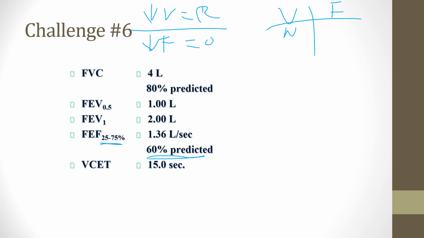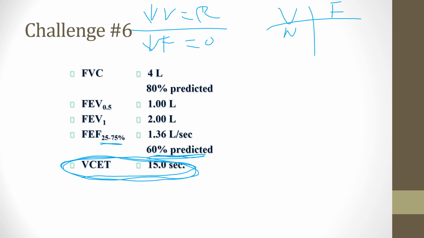And it took this person 15 seconds to exhale. Hopefully you remember time constants, what happens with raw, a long time constant. 15 seconds is a long expiratory time constant, so you might be able to figure out what's going on here. But I need to figure out this person's flow rate. And I know their 25 to 75% is really low, which tells me medium to small airways, not healthy, right? But what's their